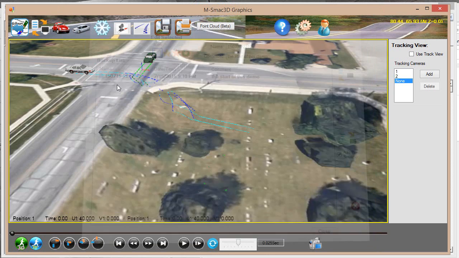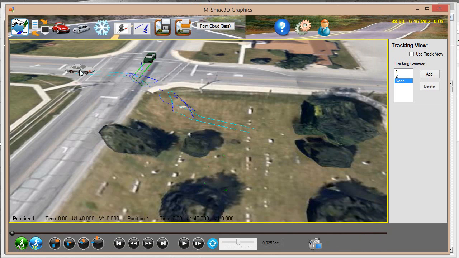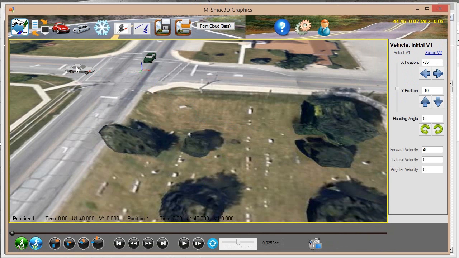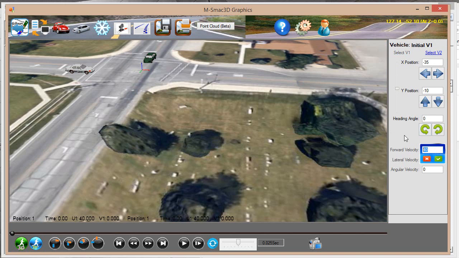Now let's just say we want to change. So again, with the initial positions here, you can change the initial positions and speeds. Let's just change the speeds. You notice this one's at 40 and this one's at 40. Let's change this one to 50 just to see what happens. Change that to 50 and we hit,